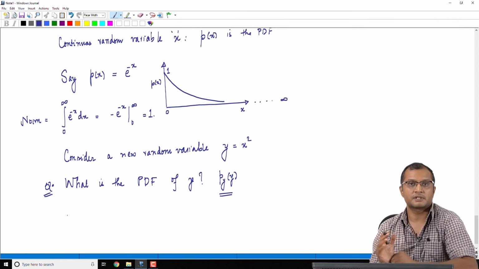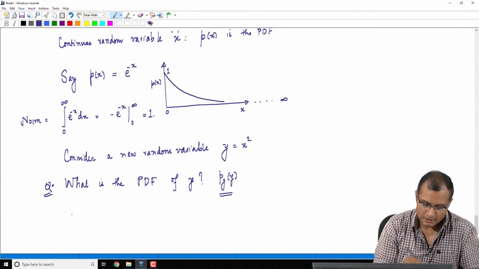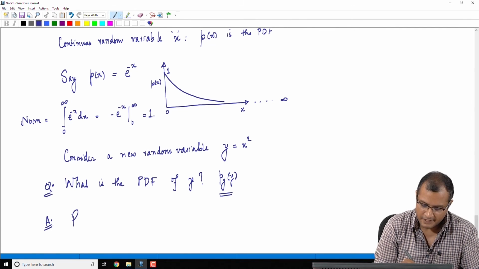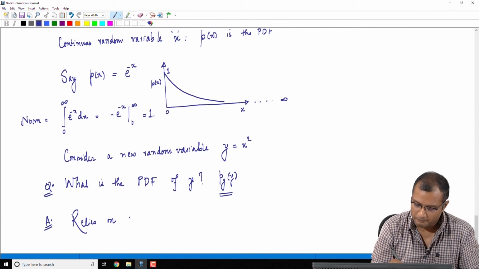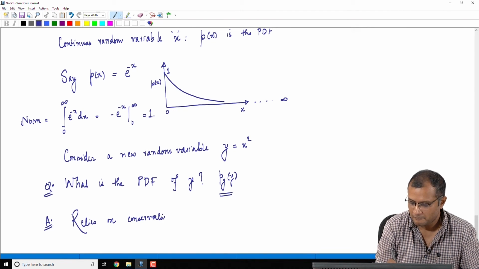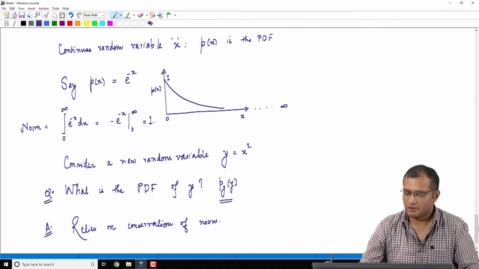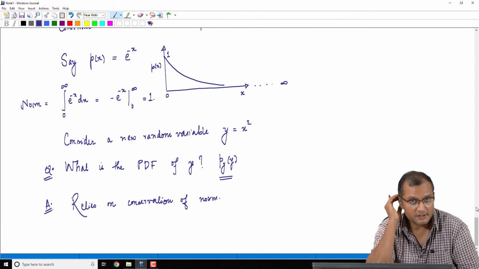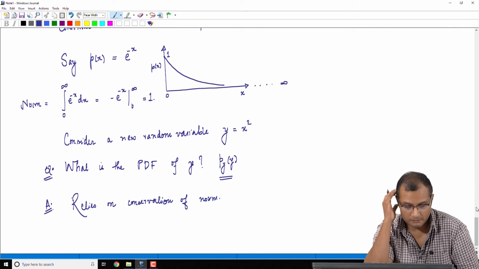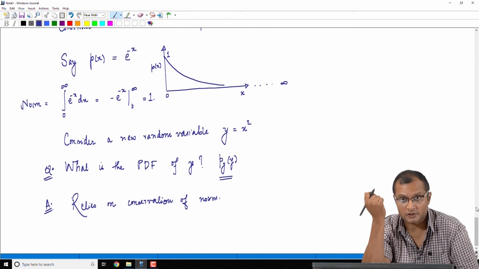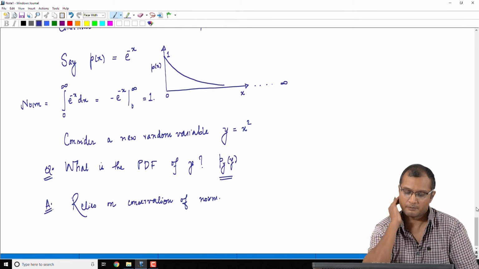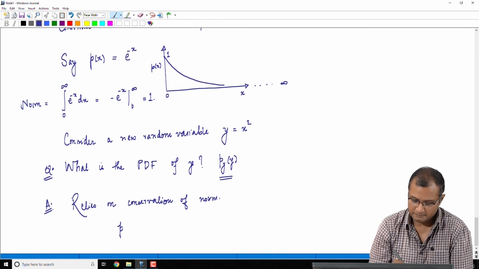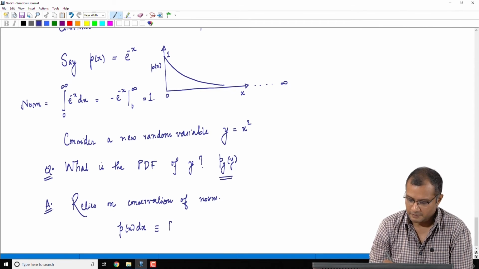So, the answer to this question basically relies on conservation of norm, or conservation of the normalization conditions. So, for each measurement of x, if there is a unique measurement of y, by the way this measurement need not be unique, the function y could be non-monotonous, but as long as you account for all the measurements on y appropriately, then you can write down this condition that p of x dx, which is nothing but the probability